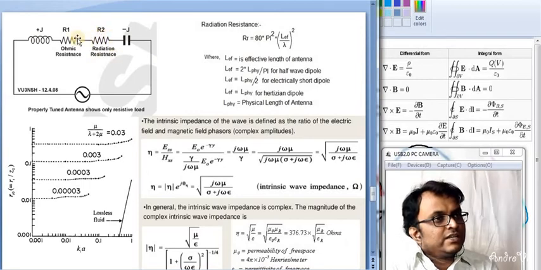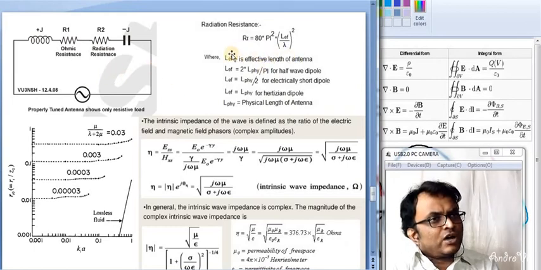That is one part. In addition, there is an LCR circuit for the transmission line, because the antenna will be fed by a transmission line, so there are some L and R values. As a whole, the radiation resistance as well as this resistance will be the input impedance of the antenna. So the radiation resistance plus the LCR value will give us the total input impedance of the antenna.